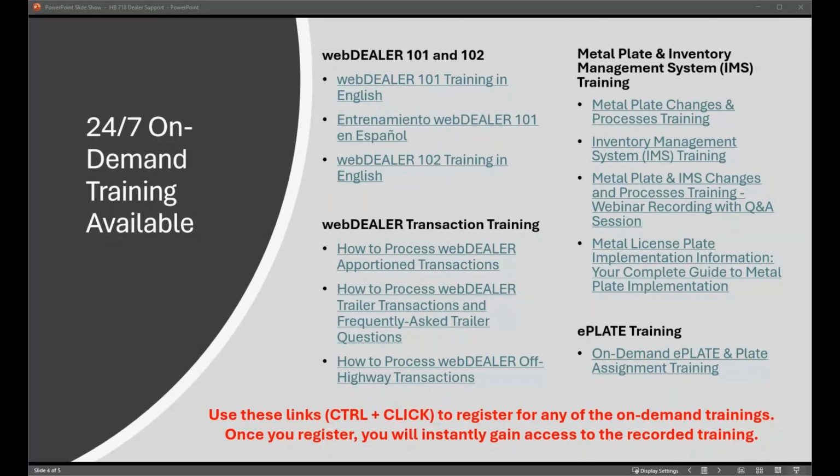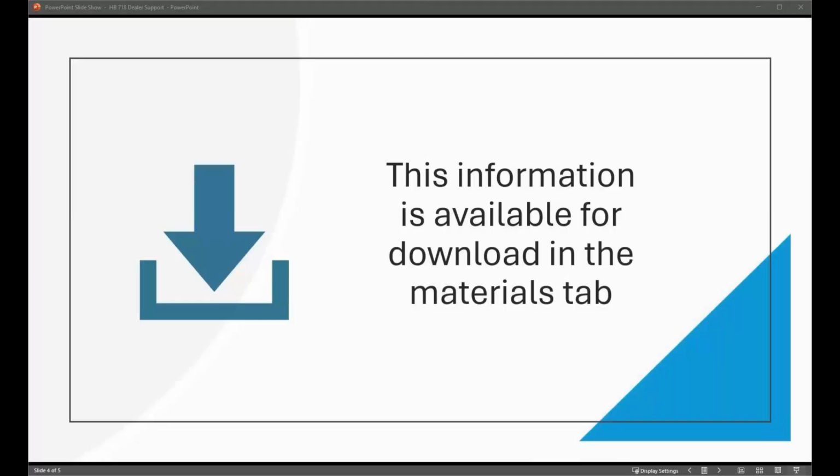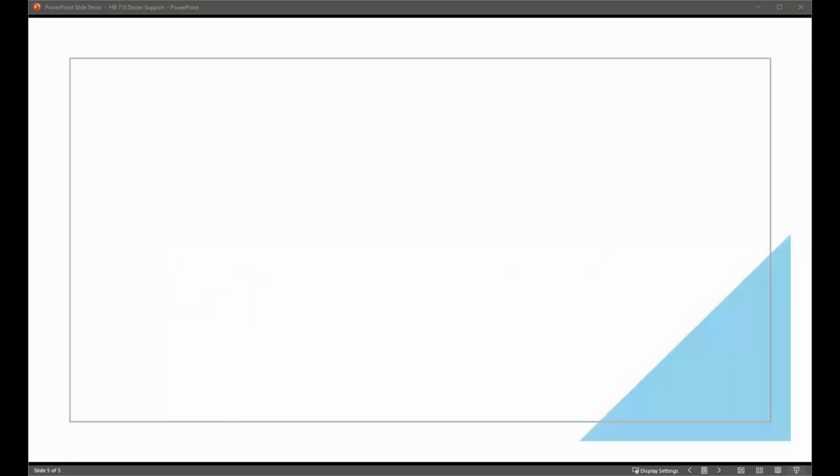But let's say you ran out of farm plates, you can utilize the purple provisional plate in those instances. You will assign that plate, get the transaction submitted to the tax office. Once that tax office provides that plate and assigns it, then that's when the purple provisional plate's 7-day expiration begins.